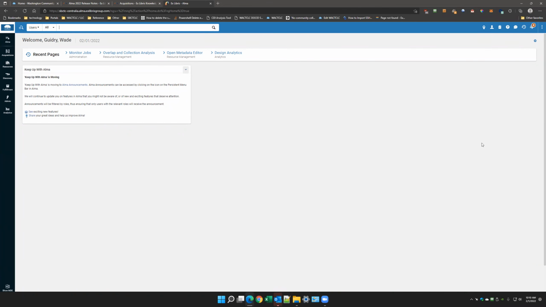One is, and I'm sharing the screen now on Centralia's Alma instance, but you can look at your own Alma instance, just the announcement section